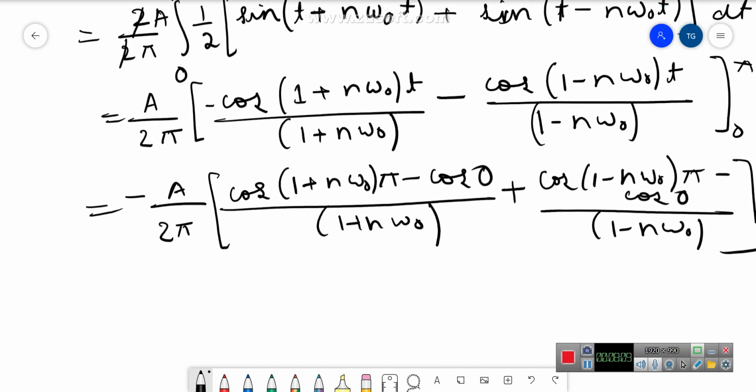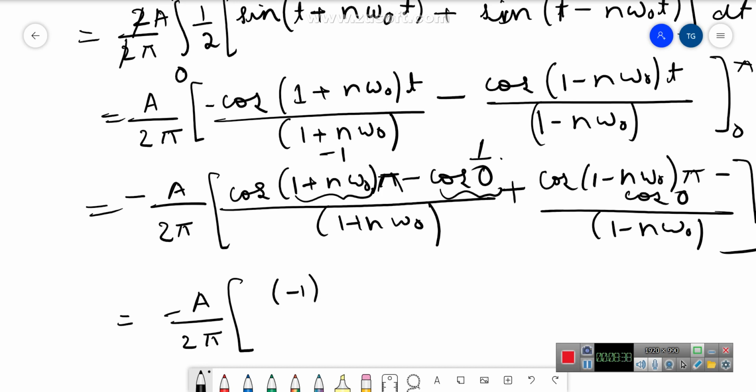So we know the value of cos pi: this is nothing but an integral multiple of pi, and this equals minus 1, and we know the value of cos 0 is equal to 1. So we have here minus A by 2 pi into, this term will be minus 1 to the power n plus 1, because here it is n plus 1, minus 1 upon